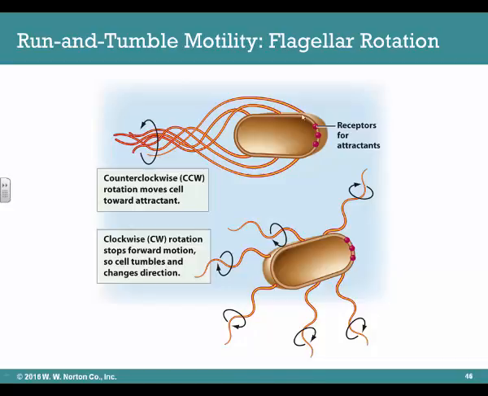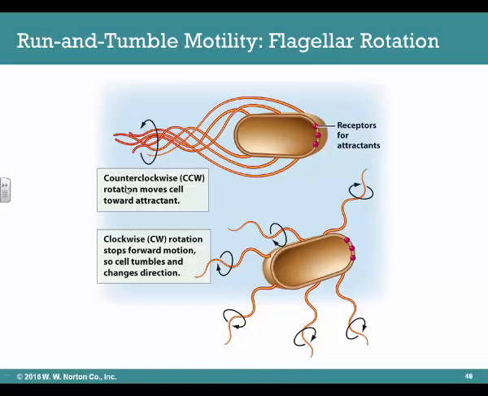So when receptors on the surface of the cell, either in the cell wall or in the cell membrane, detect attractants, the flagella, or a flagellum, if it's only one appendage that the bacterium has, will all rotate in the same direction,